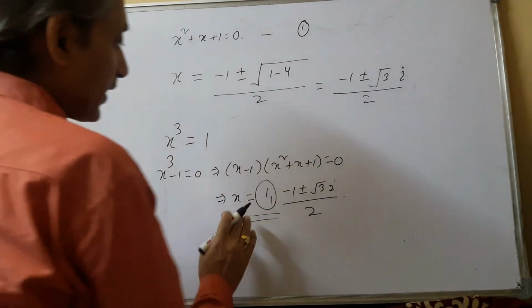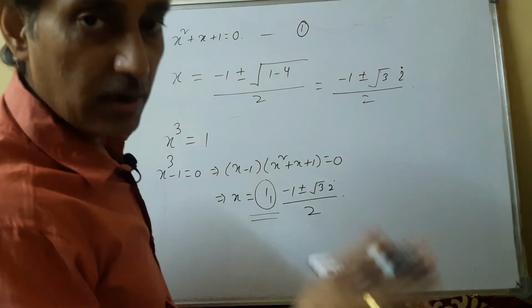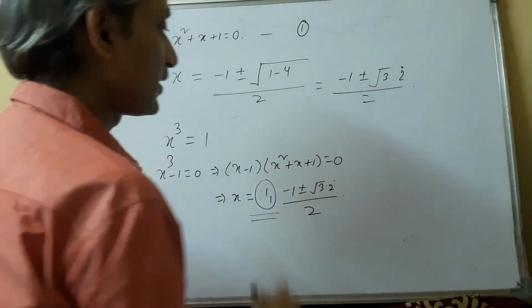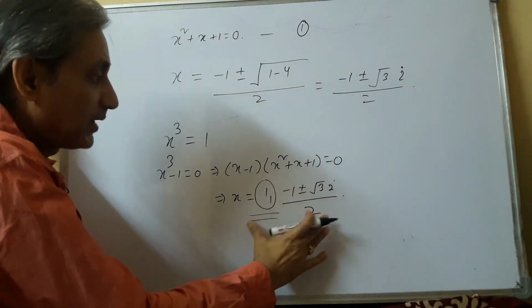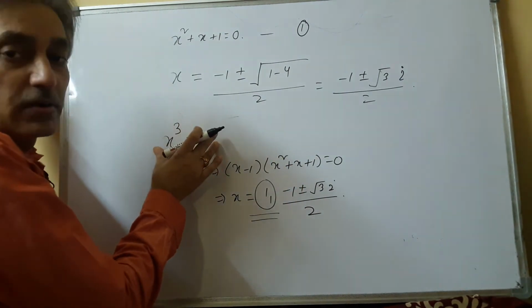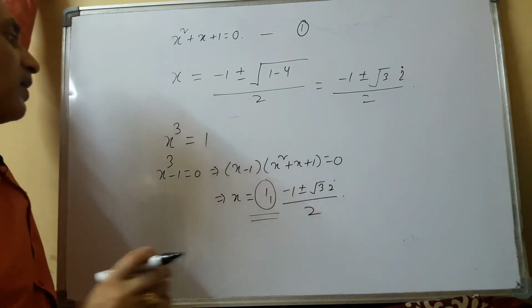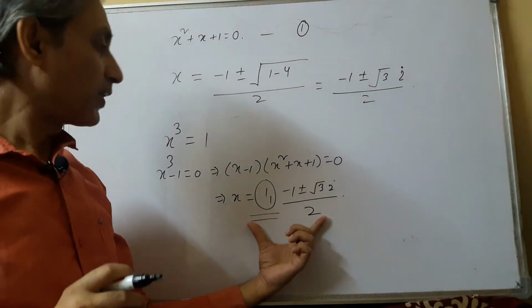Now here we are getting 3 roots, out of which 1 is real and 2 are unreal or complex or imaginary in nature, we can call it. Now it is very much consistent with this equation, since the degree of this equation is 3 and therefore at most we can have 3 roots, and we are getting 3 roots.